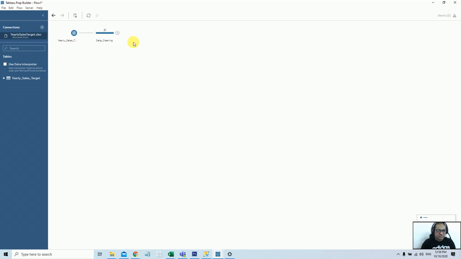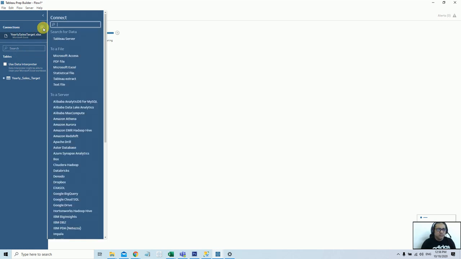Our next step is to integrate this with the other connection. So let's say you have data, it could be in any other databases as well. Currently I am using only one SQL Server connection. You can have multiple connections as well. If your data resides in different data sources, you can still do that. So let me connect quickly with another data source.